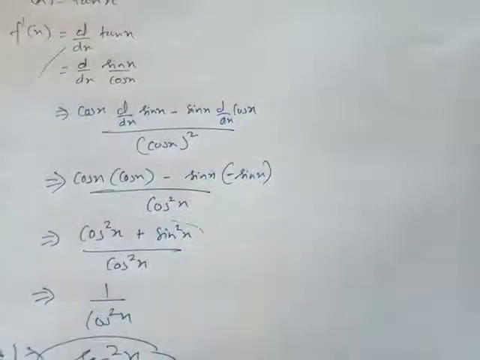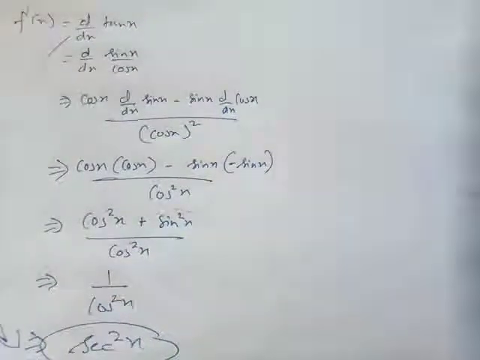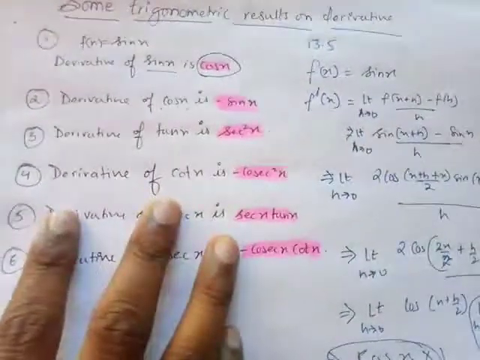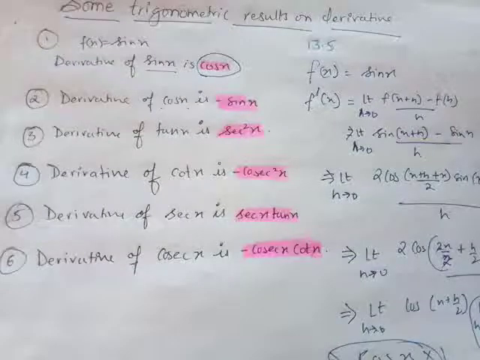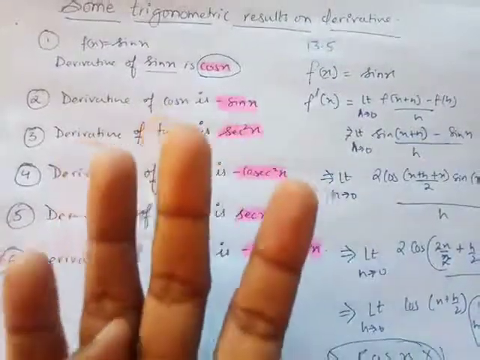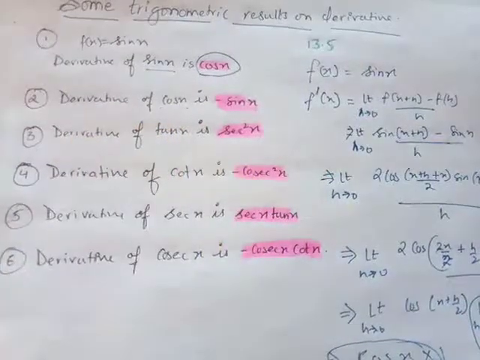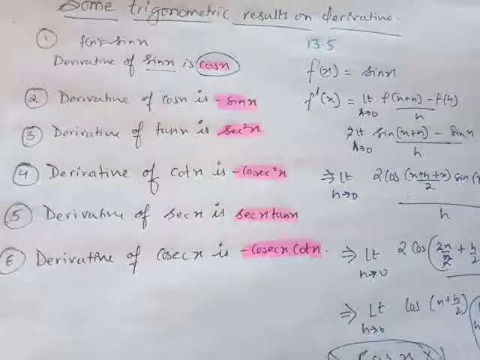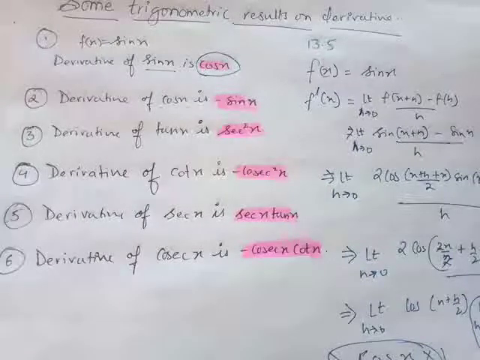Okay, so I'm just going to do both of these proofs. I won't go further, but I want everyone to write this down in your notebook and do the two proofs that I have done for you. I didn't do cos because cos is the same as sin. I already proved sin. Cos you can also do on your own, but I just want you to do the two proofs that I have done right now in the video. You can either pause the video and start doing the proof, otherwise you'll forget, or take the help of the book. But I want the proofs written down in your notebooks.